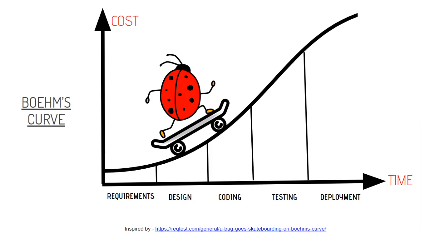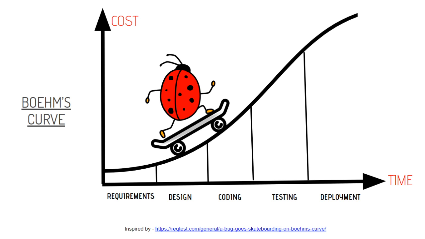So we know shift left based on a concept called Boehm's curve, right? This is one of the basic principles of software testing. You know that the later the bug is found, the more expensive it is to fix. If you find a bug in the testing phase, it's more expensive to fix than if found in coding, design,